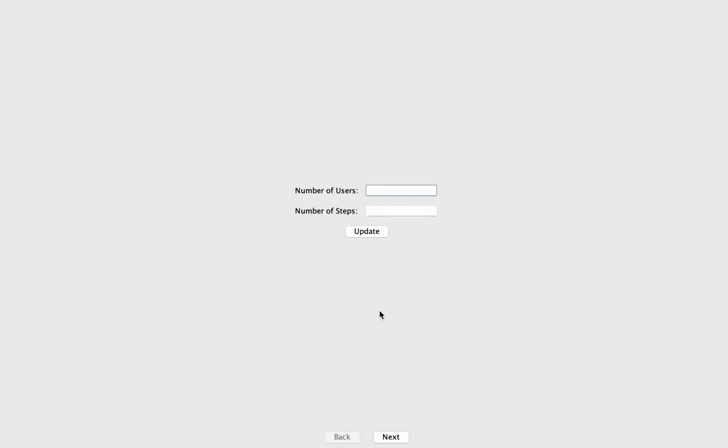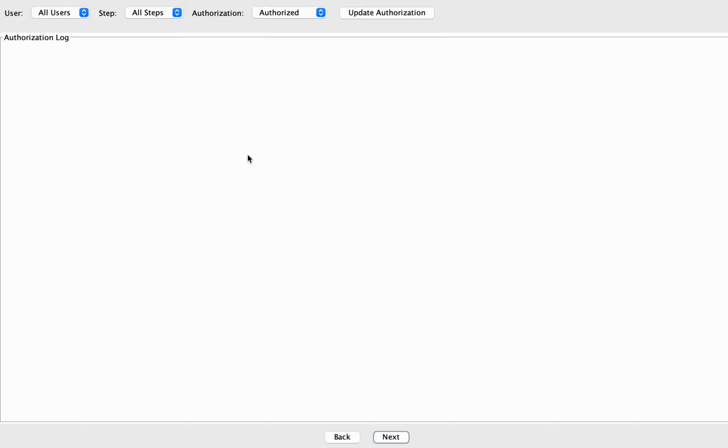So this is the number of steps, number of users. Then you have here where you put all the authorization matrix, which I'll go through in a bit. Here is all the unary constraints, or binding of duty and separation of duty constraints. So the 2 different kinds of constraints that we're looking at, the user independent constraints. And then in the end, you'll be able to choose from 4 different